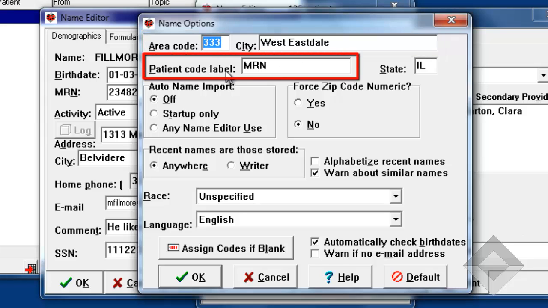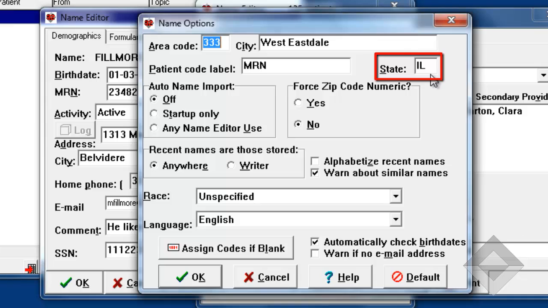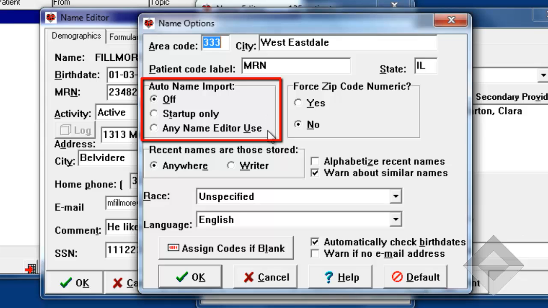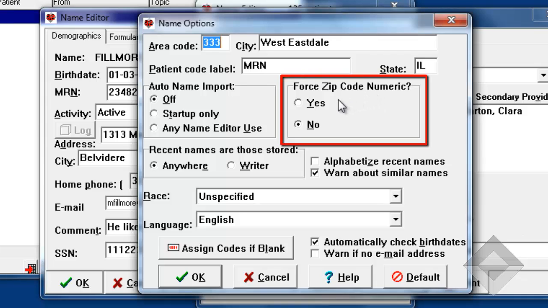Specify the label you wish to use for the code number, such as MRN, record number, etc. Specify the state which appears by default for a new patient, presumably the state where you are practicing. If you use the name editor importer, set the Auto Name Import option to when you wish the program to automatically import that information. Set Force Numeric Zip Code to Yes if you are practicing in the United States, but set it to No if you are practicing in another country like Canada, where the zip code might include non-numeric